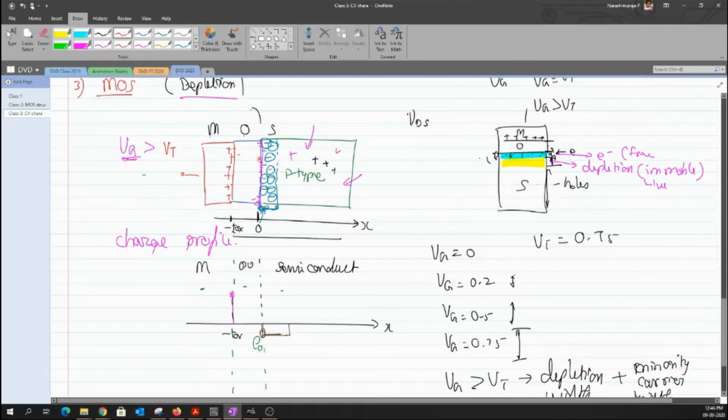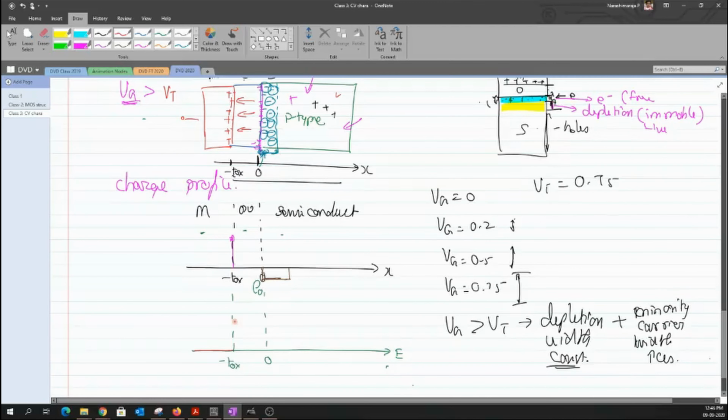I think the electric field would be just opposite, from negative to positive charges it moves. So there will exist some sort of constant field, which can be drawn as something like this, having some height along the y-axis. Clear? There is some constant value across them depending on the amount of charges that I have here, as well as on the other side of my oxide. But how about the electric field across this semiconductor?